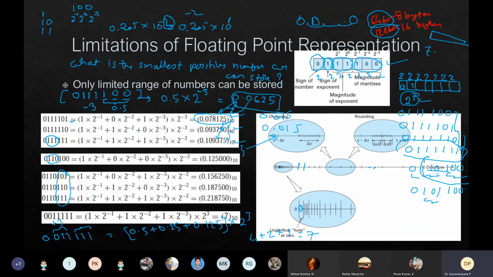It's not an infinite number of states. So there are only a finite number of values that can be stored, and there are gaps. For example, the gap between 0.0625 and 0.078125, there is no possible state of